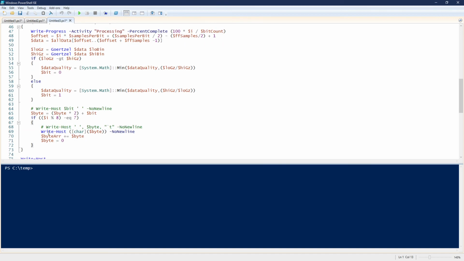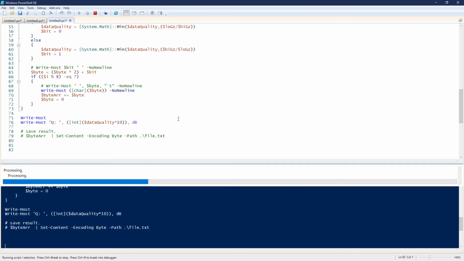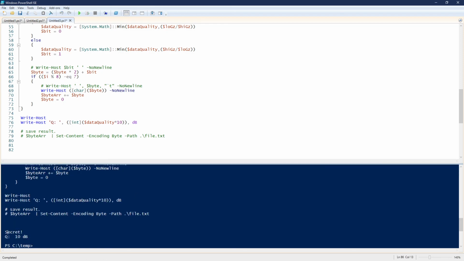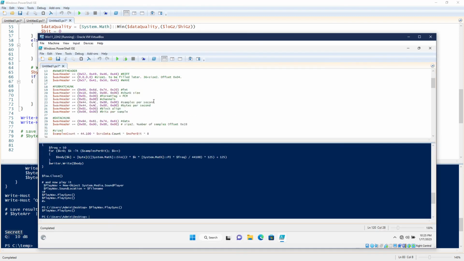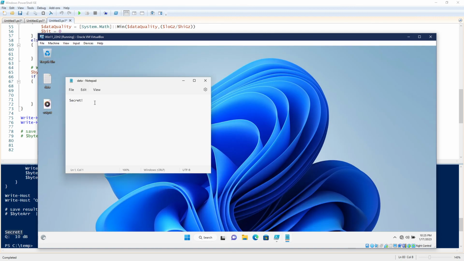If I have a complete byte, I'm displaying it, and I can also save it to a file. If I run it on my recorded wave file, F5, I can see the set of bytes being decoded, and obviously it is exactly the same set of bytes I had within the data